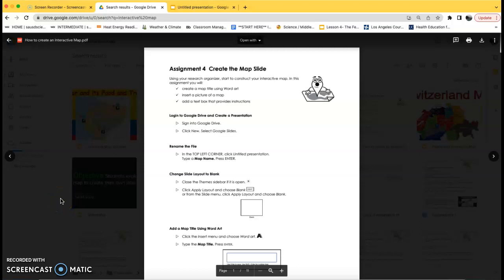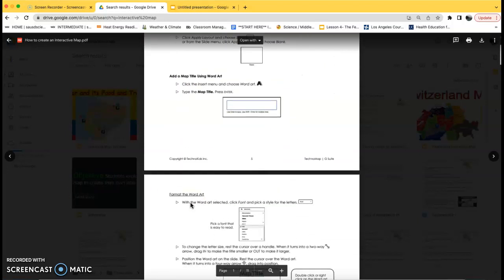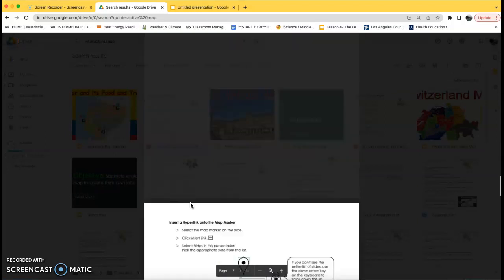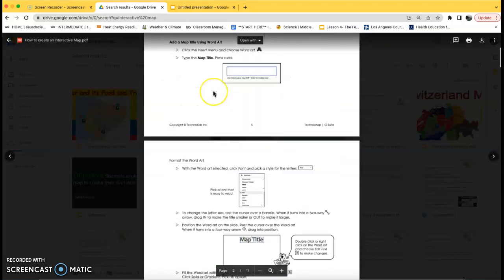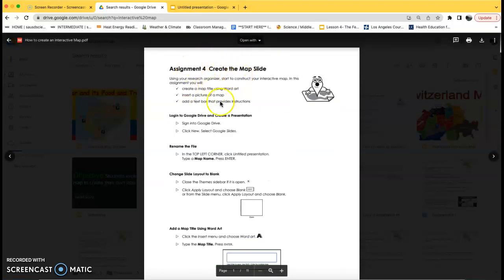Okay guys, so today we're going to be creating the interactive map. The first thing you're going to have to do is open up the instructions I gave you. I gave you these papers, so you should all have these papers. Now we have to read the instructions as we do this. So first, we're going to create a map title using WordArt. We're going to insert a picture of a map, and then we're going to add a text box that provides